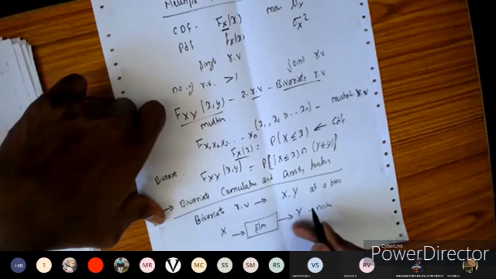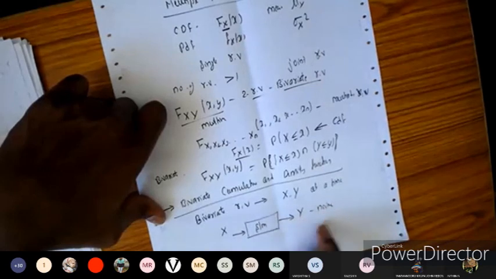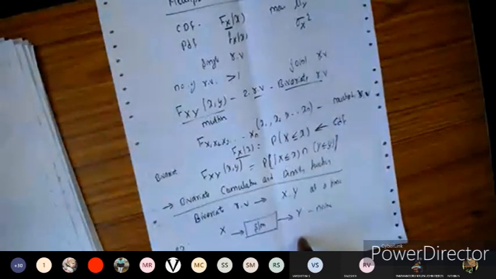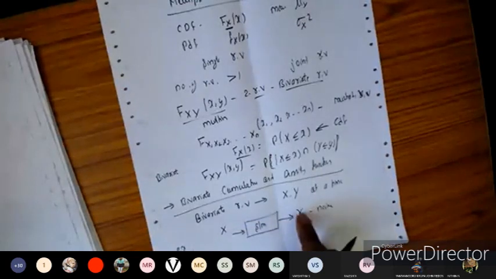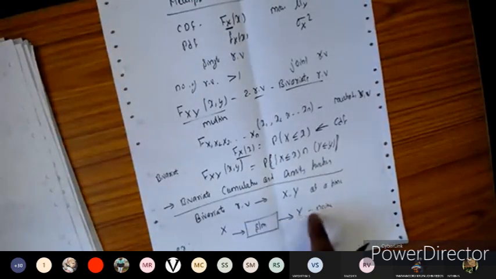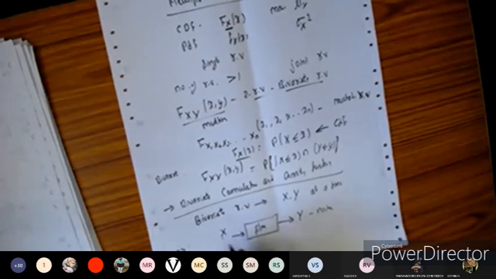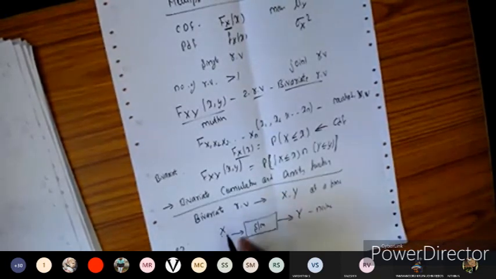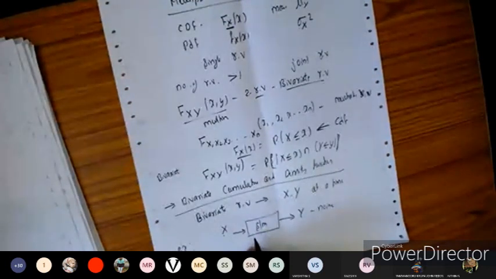In order to find the signal to noise ratio or something like that, we make use of the two random variables. I'm just giving it as an example. Assume we have a system. We give the input as a random variable x, and the output we get as a random variable y, as a noise. Sometimes it is to be considered with respect to the input signal and output signal as a signal to noise ratio. At that time we can make use of this bivariate random variable concept.